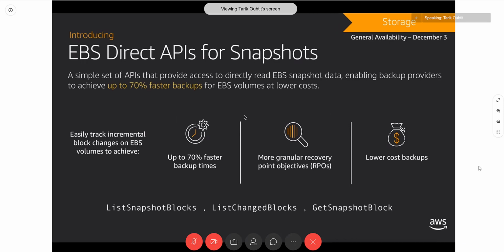So what does this mean for you as an AWS customer? If you're an advanced customer, you may want to use this API to build your own backup tooling or improve your backup processes. But even if you're not, a lot of the vendors on our marketplace, third-party applications that handle backups on AWS, will start using this API. And as a result, what you'll see is faster backups with EBS and also lower cost as well. And probably more options for granular recovery point-in-time restores.